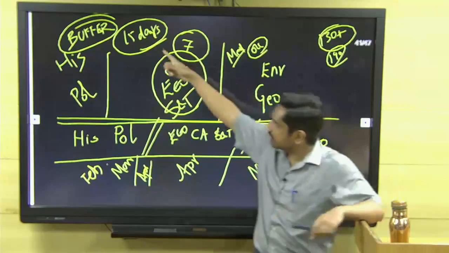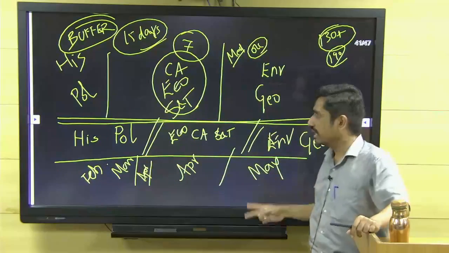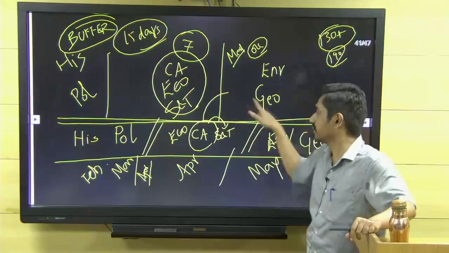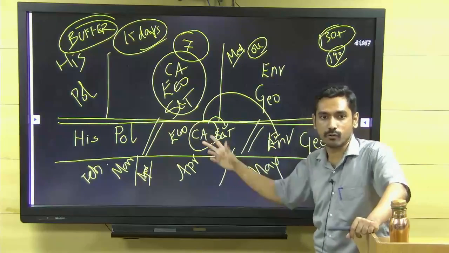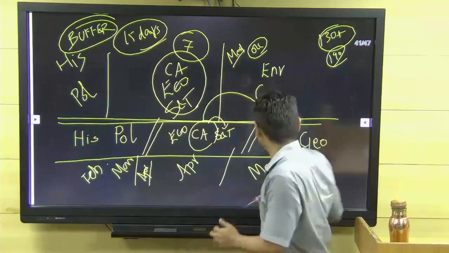See, 15 days, two subjects per month, 2 subjects per month, 2 subjects per month. I'm treating current affairs as something integral with science and technology and with environment. So there will be a good amount of overlap. You'll be in a position to split according to that. Prepare like this. Finally,